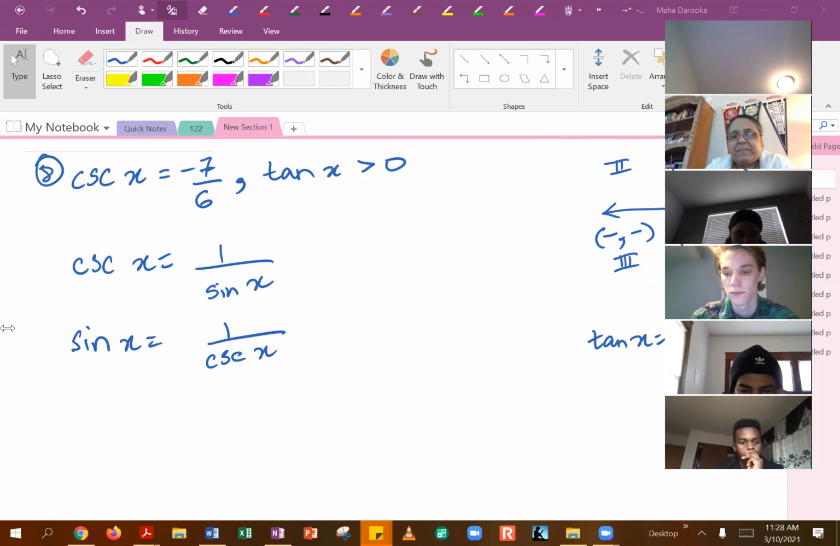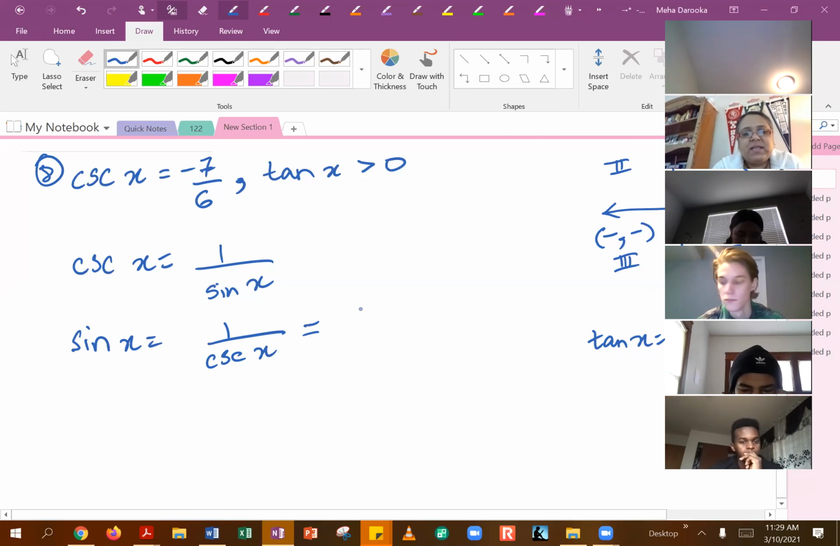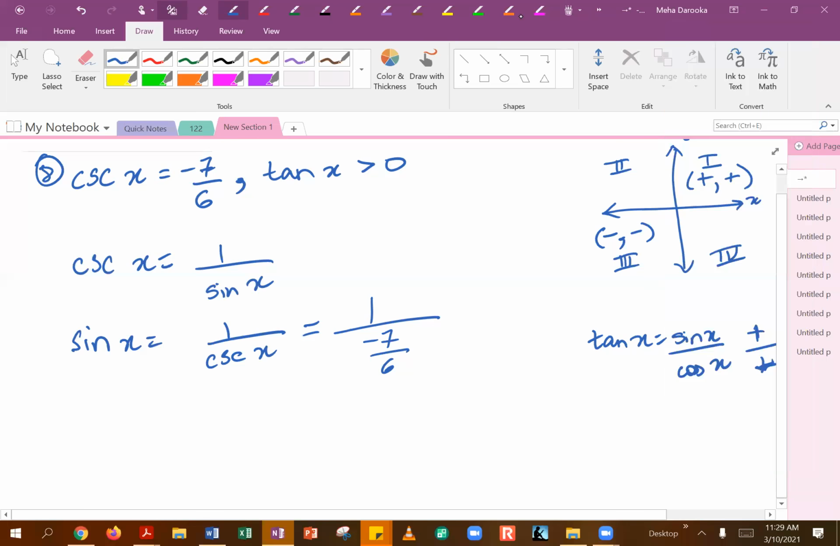Because if you're setting up sine of x as 1 divided by cosecant of x, and your cosecant function is given to you as -7/6, Scotty, very nice. You are taking -7/6 and putting it in the denominator underneath 1, and then simplifying that, which will come out to be, and Scotty, I guess you only sent me that answer,